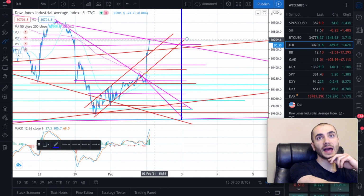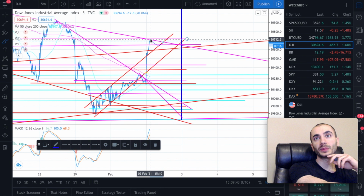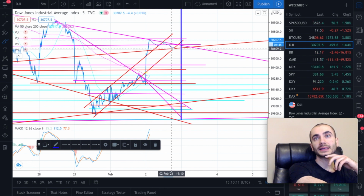So primarily what I think is going to happen is this is going to hit resistance, bounce down, meet resistance, come back to support, and consolidate a little bit to the upside. You can see on the side what is happening in terms of score. So we're going to bounce off at 30,700 and let's say 15, maybe have a false breakout too, come back down regardless, consolidate, but ultimately come back down to 30,668, consolidate up to the upside 30,685, come back down to resistance 30,065, probably come back down to here, which is major support, by the way. This is major support right here, and then come back down to 30,609, consolidate up to 30,641, 47, and